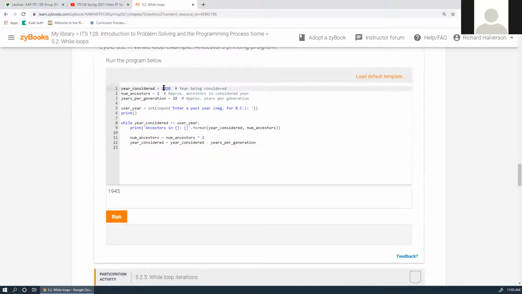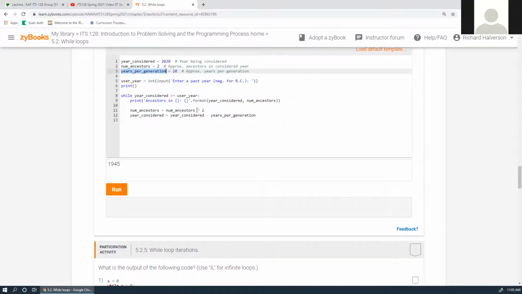So this is the current year. Let's say you have 2 ancestors in the year being considered, and there's 20 years per generation. Well, that's pretty short for a generation, but I guess. And then, let's see what this does. So if you go back to 1945,